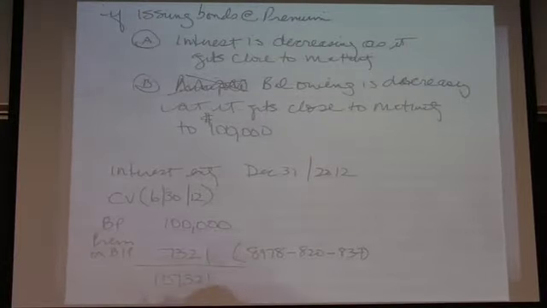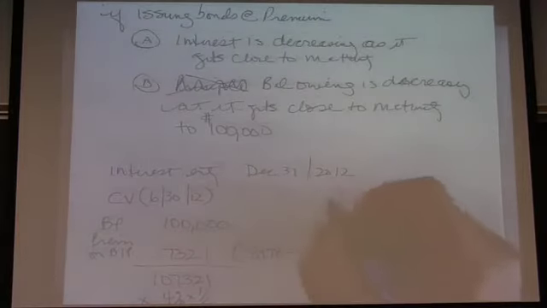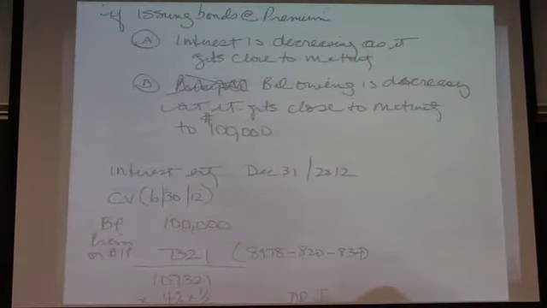Times market rate of 4% times 1/2. Gives me 2,146.42. Now, remember the interest was 2,163, now it went down to 2,146. So what's our entry? It's going to be debit interest expense,